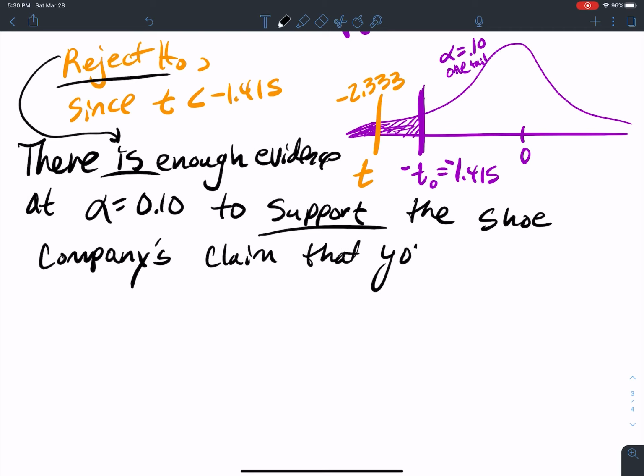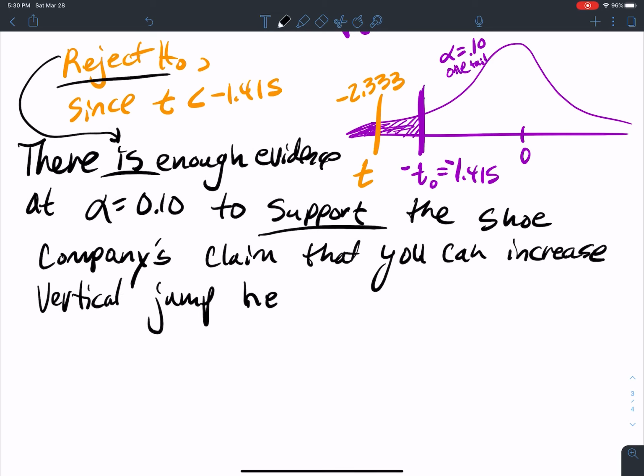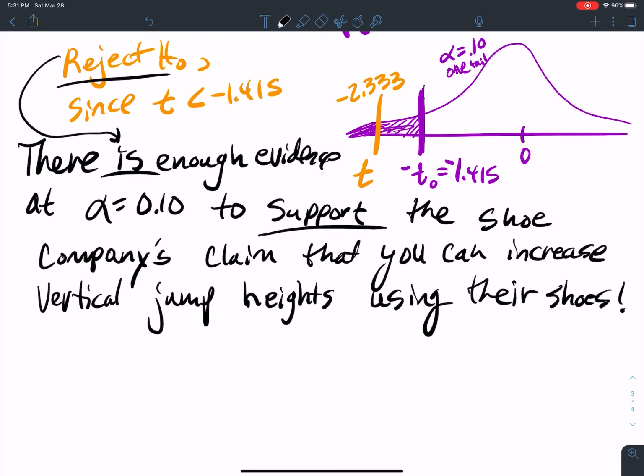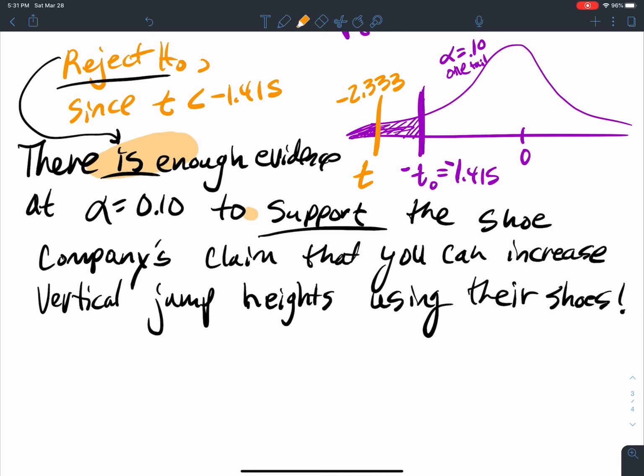that you can increase vertical jump heights using their shoes. Okay, this would be very powerful marketing for a company to be like, hey, look, statistically, if you use